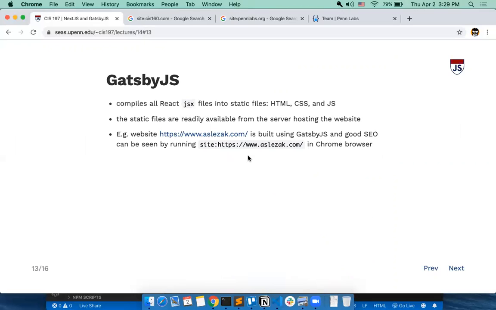So we'll look into it. For Gatsby.js, their solution is to compile every React JSX file into static files, including HTML, CSS, and JS. So what that effectively does is whenever you hit the URL,